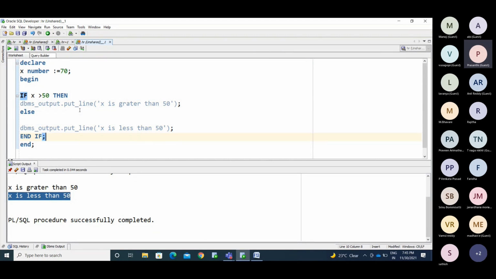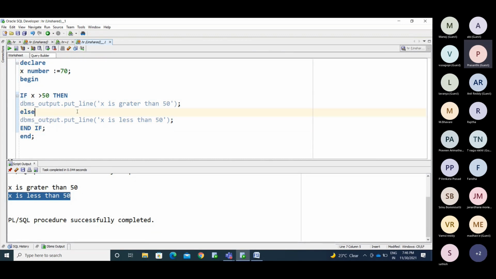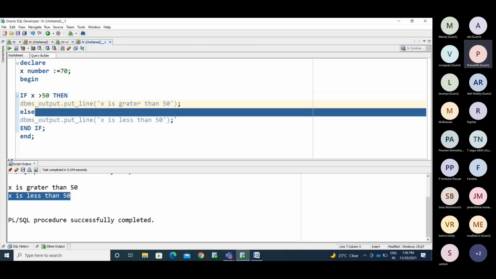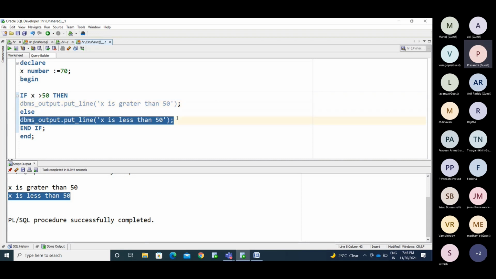If the value is greater than 50 or less than 50, sometimes it may be equal also. Now we have two cases. If the value is greater than that, it needs to display 'greater than 50'. If it is less than that, it needs to display 'less than 50'.